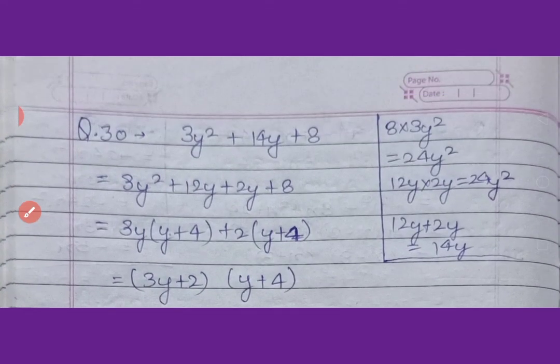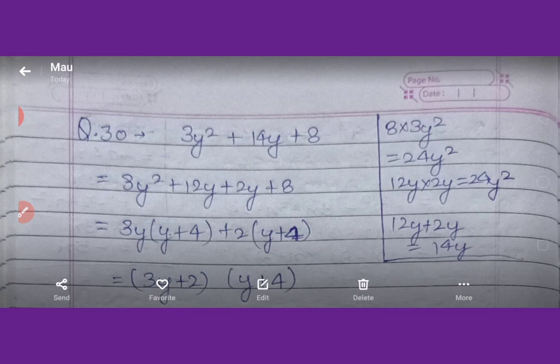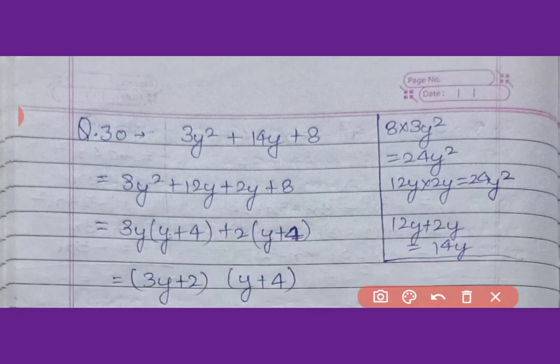Next question, question number 30. This question is different, because till now we have studied only that the third term was a numeral, and here the first term also has a numeral, so we have to multiply. 8 3s are 24. 24x square is coming, which is a positive number, so it means the second term will break into the form of addition, whose addition will be 14y square and their multiplication will be 24y square.